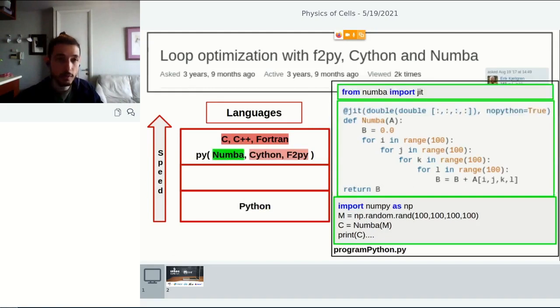So look at what happens when you try Numba. You see the difference? The only difference is you have to, from Numba, import JIT. What's JIT? JIT is this class of decorators from Numba that means just in time. The just-in-time decorators appeared first in Java, but then they were propagated to other languages because they allow you to put a wrapper around this function and compile it so it can go direct to machine code and be very fast. So the only thing you have to do here is